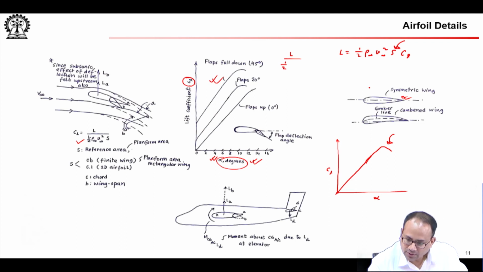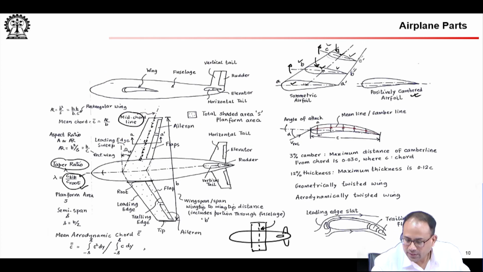Okay. So, symmetric airfoil, you understand that it is same on the top and bottom of this chord line, whereas a cambered airfoil has some asymmetry. So, what you do here, for example, you find the trailing edge, find the leading edge, you draw the straight line, you see the dotted line, that is the chord line for this airfoil. So, this one.